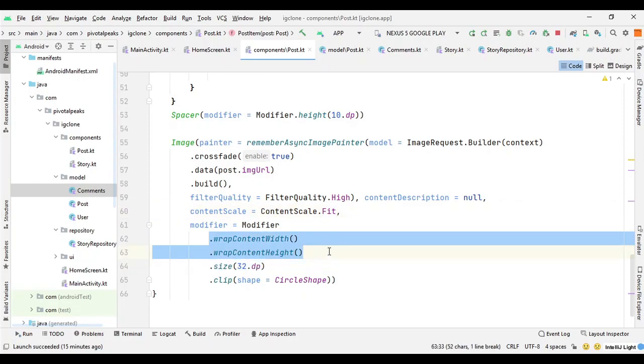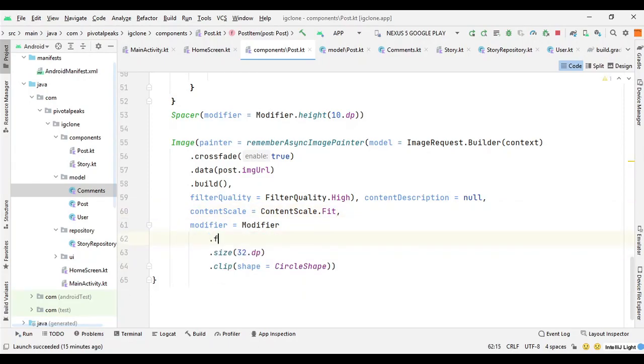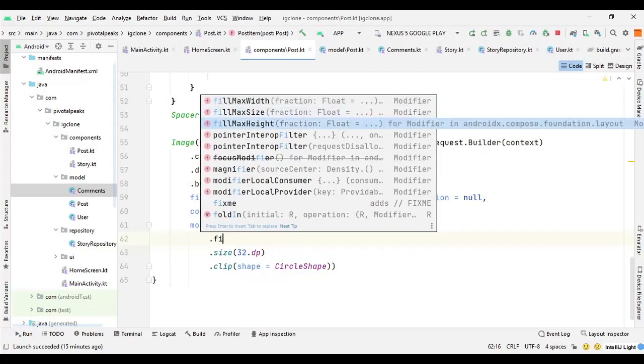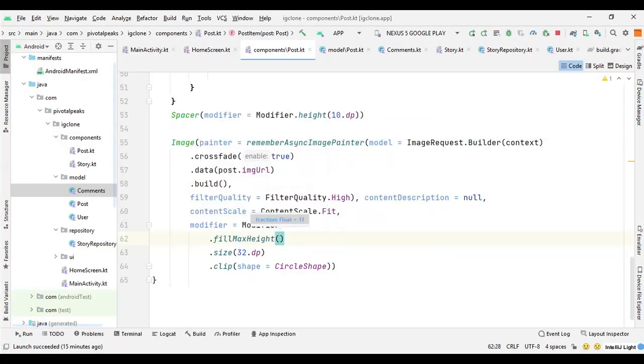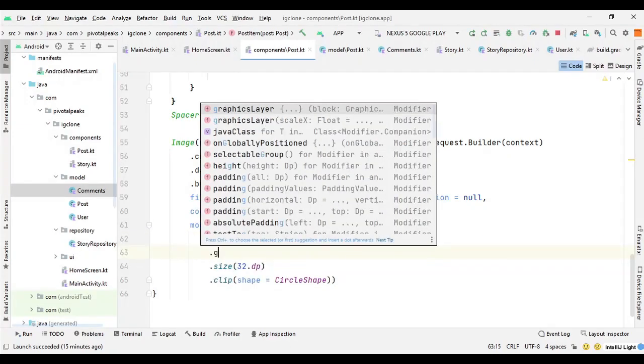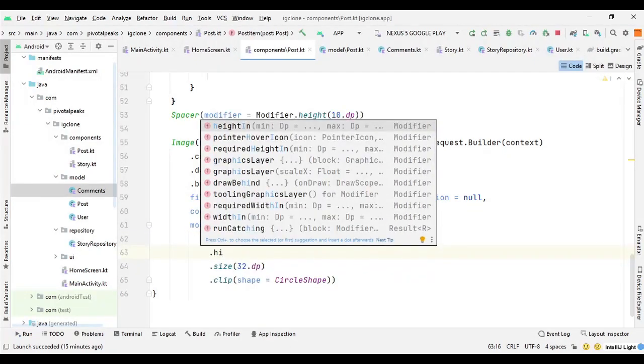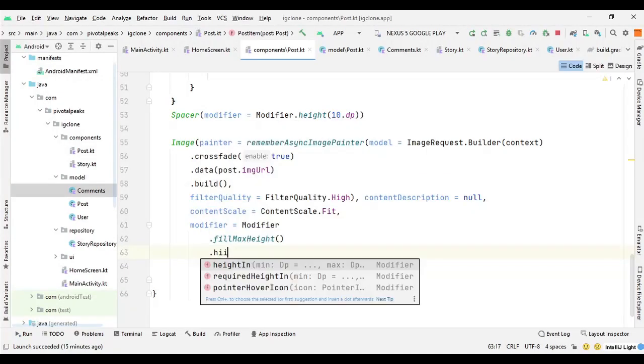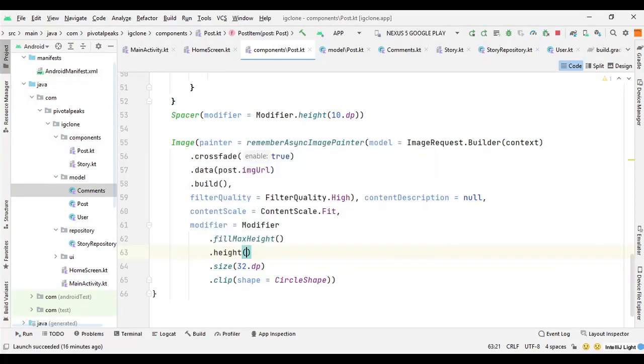So let's get rid of these two, and we will say .fillMaxHeight, and we can restrict the height by giving the height parameter, so it won't take all of the screen. So we can say 350.dp, so it won't go beyond 350.dp of height.